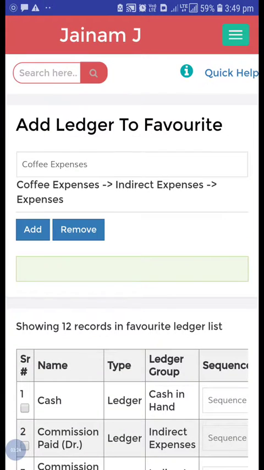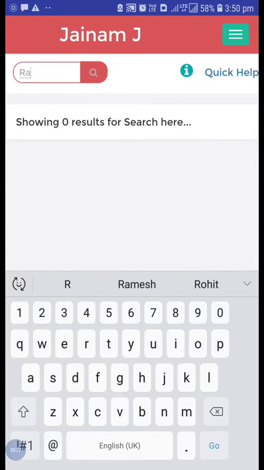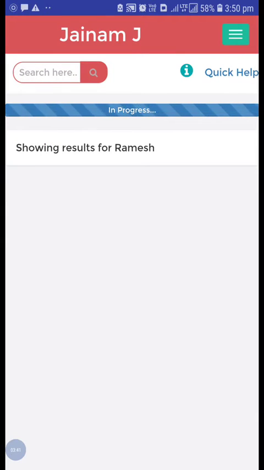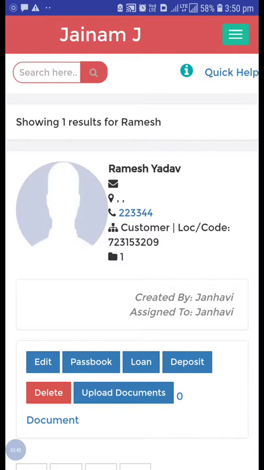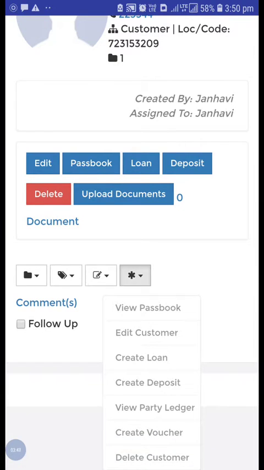Let's take a coffee expenses and add this to the favorite. So we have added this successfully. Now search customer, and from this star icon, go to the create voucher,